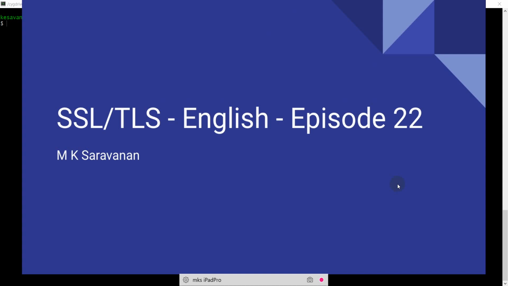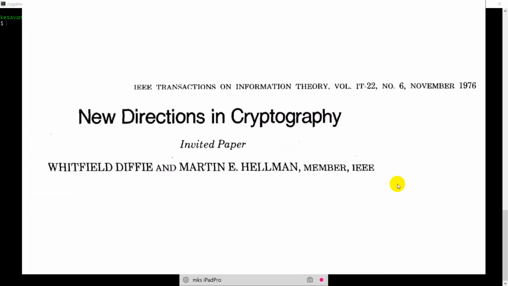In the last episode, we talked about the Diffie-Hellman key exchange, right? We talked about a numerical example of Diffie-Hellman key exchange. At that time I told you that in a historic paper published in the year 1976, both Whitfield Diffie and Martin Hellman invented something revolutionary in the history of cryptography called public key cryptography. In the same paper, they also introduced for the very first time what is called the Diffie-Hellman key exchange.